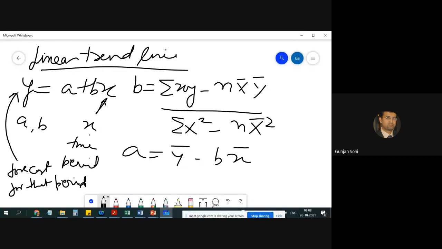So summation xy represents the individual points multiplied and then summed up, individual x and individual y corresponding to the period, and n is the total number of periods for which the forecast is being calculated, and x bar and y bar are the averages for x and y, that is the period and the forecast. And the summation x square, these things you already understand. So we can go ahead. Now I'm sending you a picture of the demand data, and we will be working on this demand data.